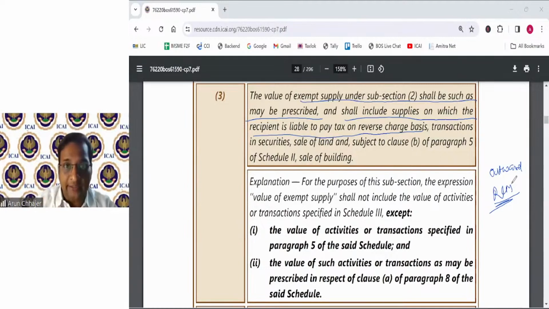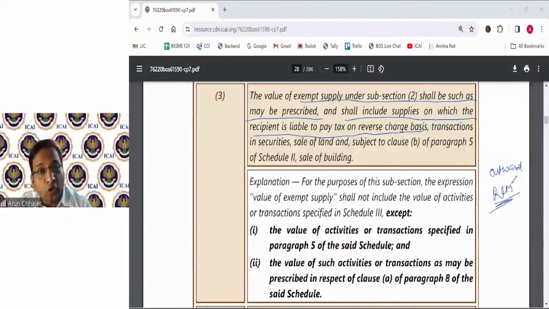I am an advocate. I am rendering services to you. So my outward supply, you are paying the tax on reverse charge. So in my hand, the supply is taxable, that is the reason the recipient is paying the tax. Correct? Supply is not exempted. Supply is taxable, but for the purpose of common reversal,